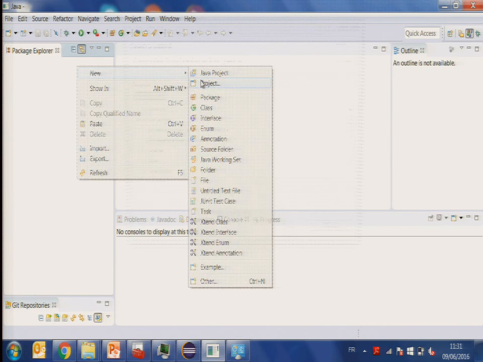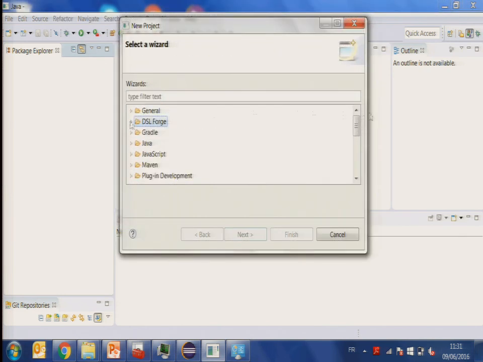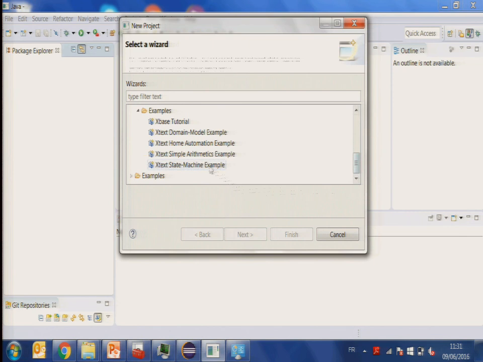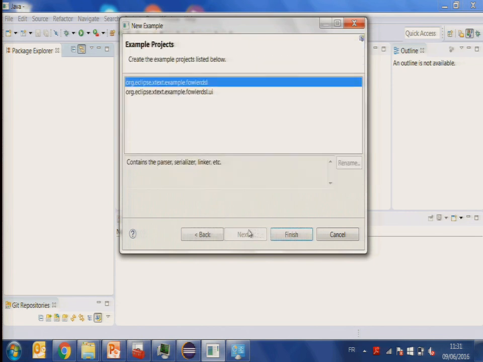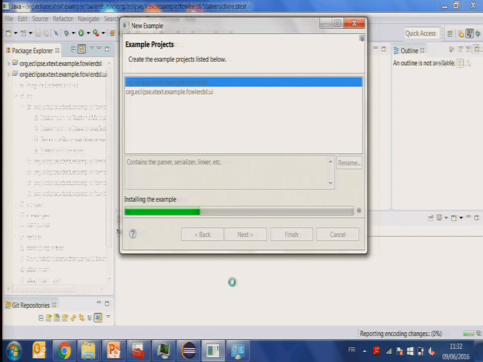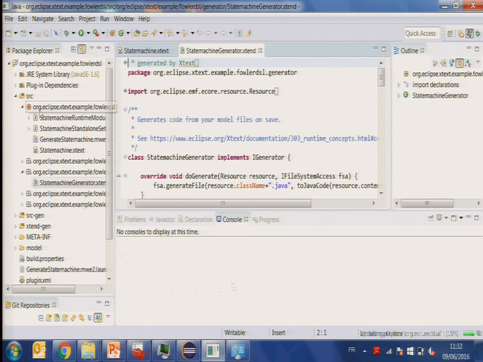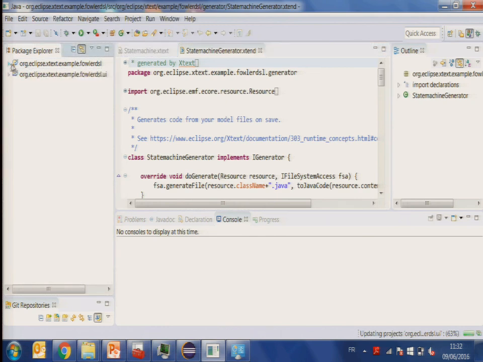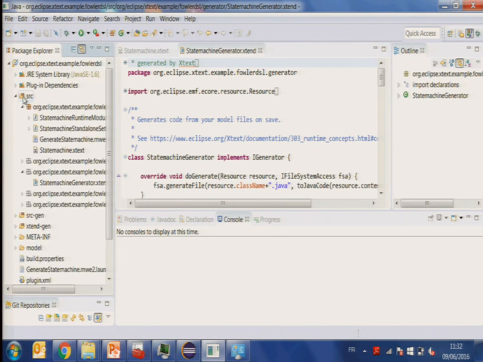First, I will create an Xtext project. Let's take the state machine example. Step 2, I will generate the RCP artifact.